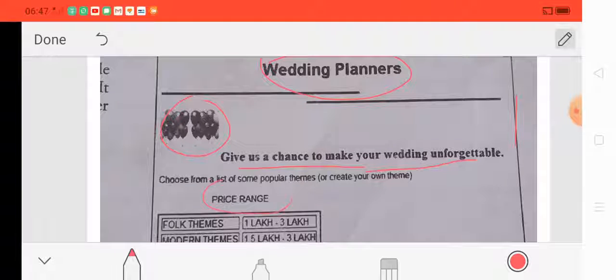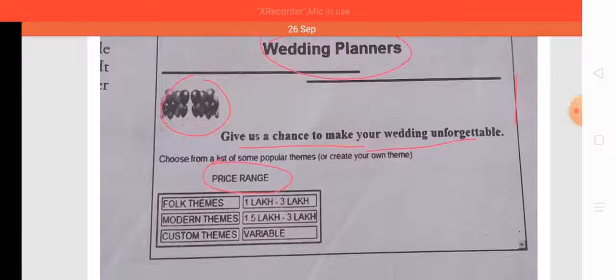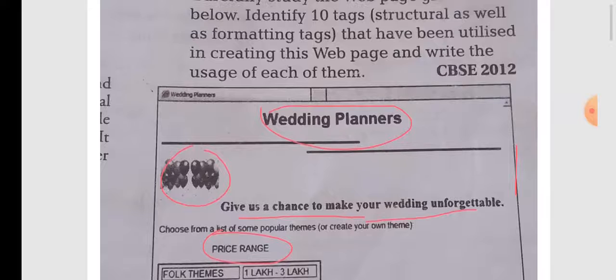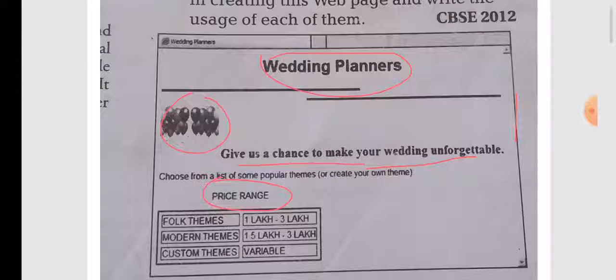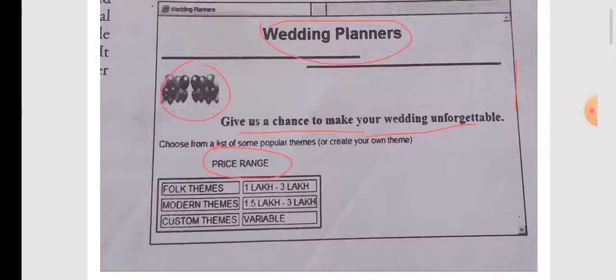Then a table with a caption is there, and in the table we can see that there is a difference between different cells. So the cell spacing concept is used in this HTML web page. These are some key points which we notice when we see this web page. Now let us write all the tags one by one.